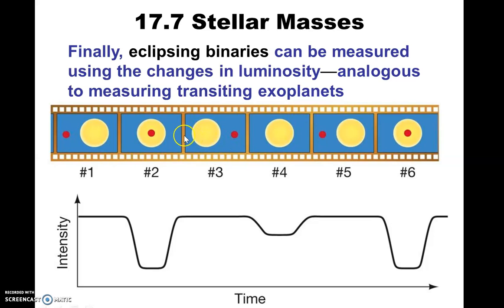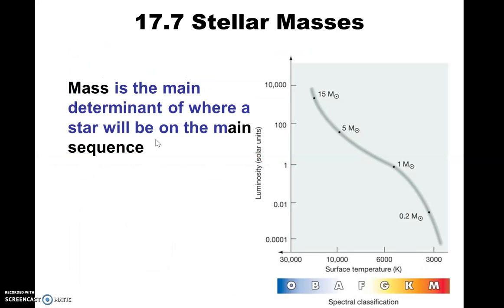All right, so again, eclipsing binaries are a wonderful tool that we use to calculate mass when there is such an eclipsing binary, which again is fairly rare, but it is a wonderful tool when it does happen. All right, so it's absolutely essential to determine what the mass is, because the mass really determines where a star will end up